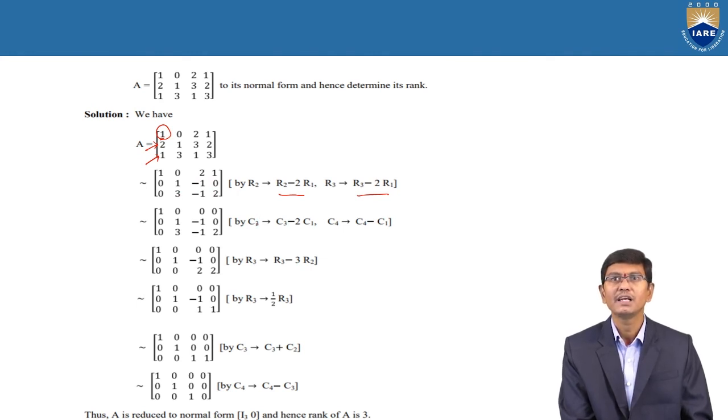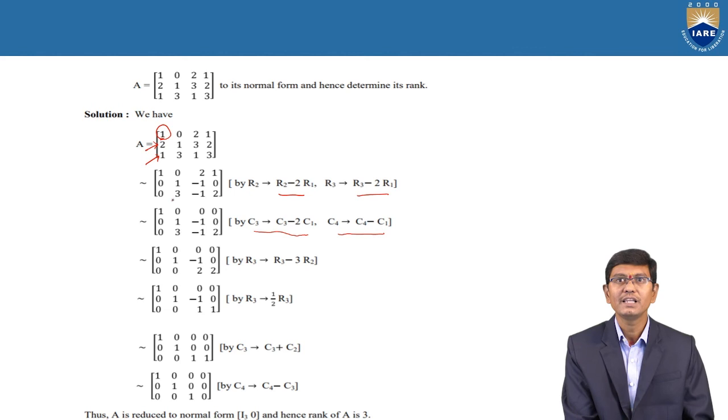And again similarly, next I am going to apply the column operations, that is C3 becomes C3 minus 2C1 and C4 becomes C4 minus C1. Why? Because we need that before the first element it already exists as 0, but on the second side it is required that it be 0 only. Due to that reason, by applying C3 minus 2C1 and C4 minus C1,